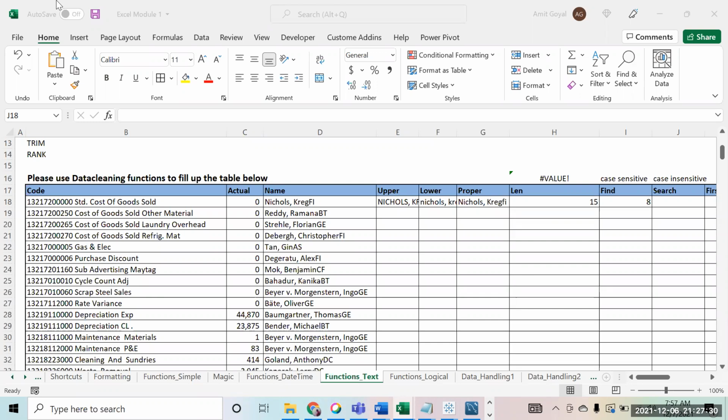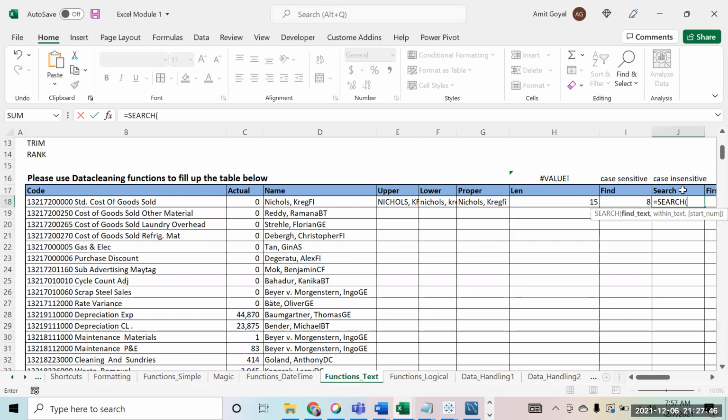I did for letter L and I got number 6 the first time when the L appeared. Correct. Now if you see, it is completely case insensitive. You just type search and find text. Even if I write capital L and say I want to search it over here, it will still give me that L, which is at the 6th position. So whether you write uppercase or lowercase, it will find it for you.